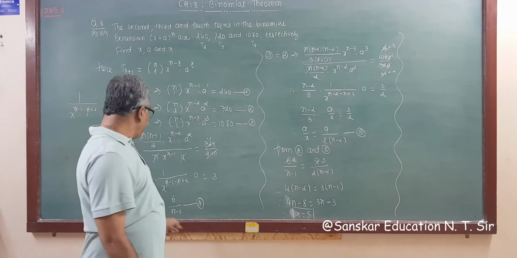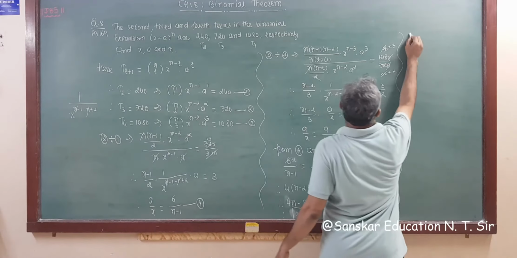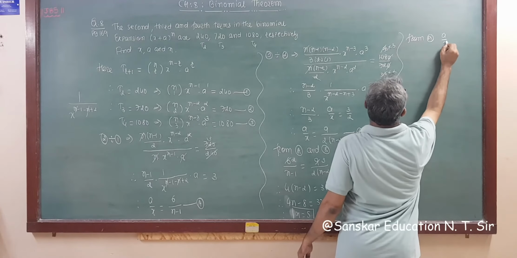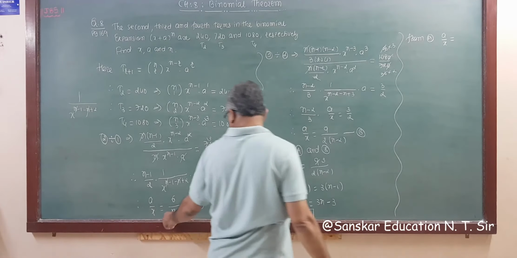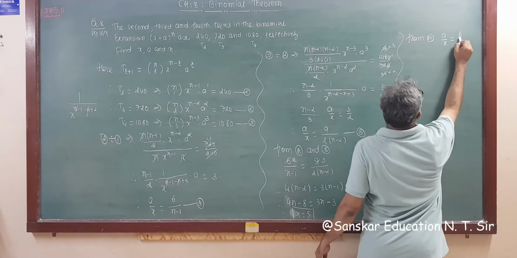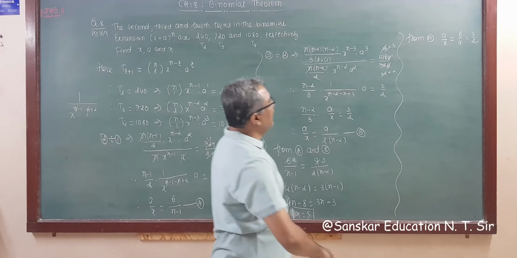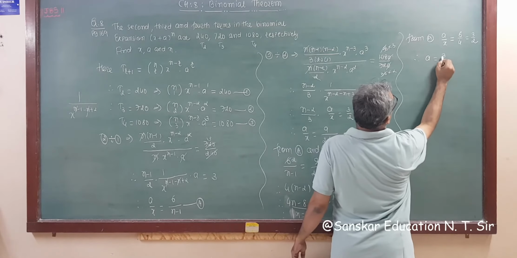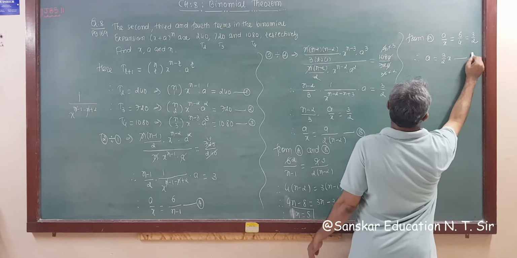Now from a, a by x is equal to 5 minus 1, that is 4. So 6 by 4, that is 3 by 2. So we get a by x is equal to 3 by 2. So simply a is equal to 3 by 2 x. Say this is result number 4, right?